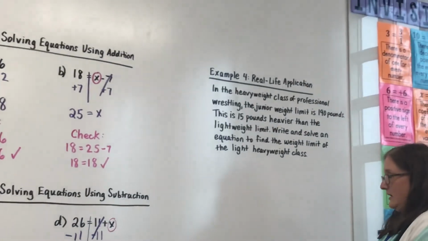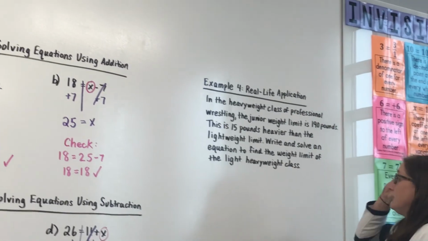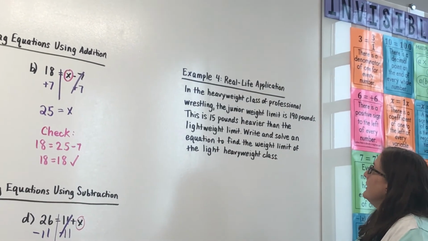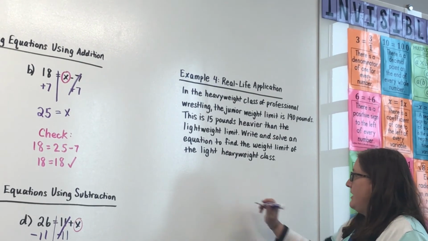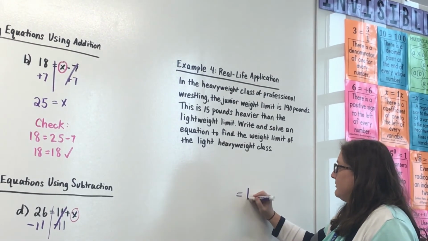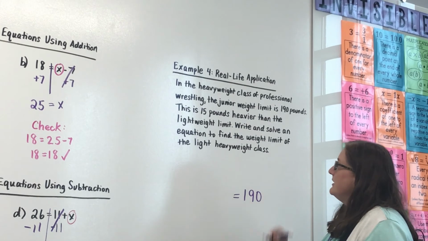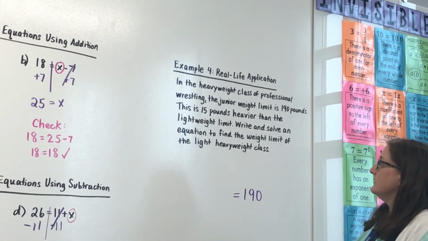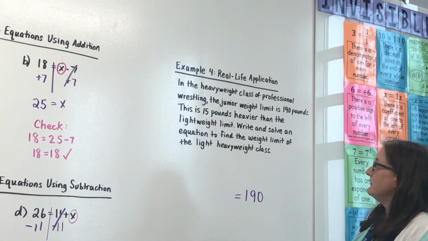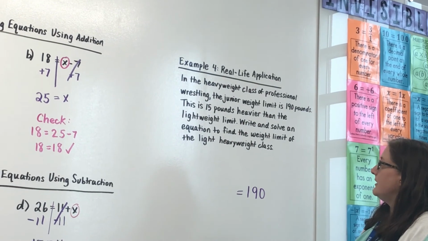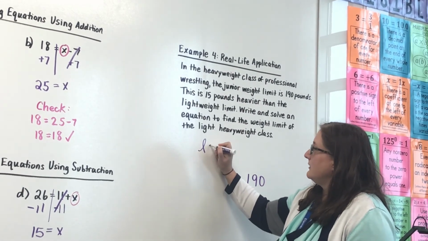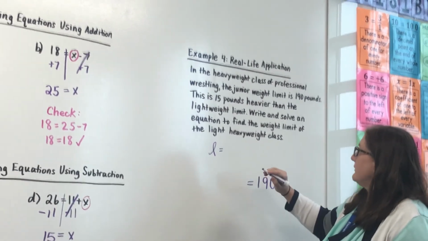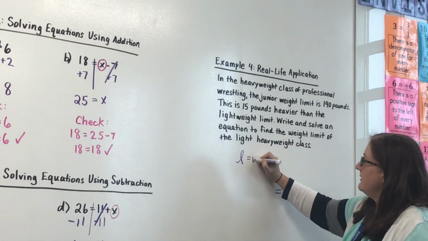All right, last one. In the heavyweight class of professional wrestling, the junior weight limit is 190 pounds. That is my total there, 190 pounds. It's 15 pounds heavier than the lightweight limit. Write and solve an equation to find the weight limit of the lightweight class. So I'm going to pick L, a little cursive L there. This is going to be for the weight limit